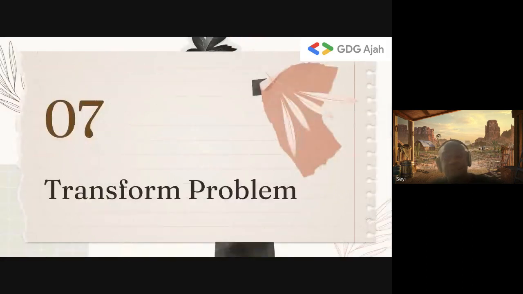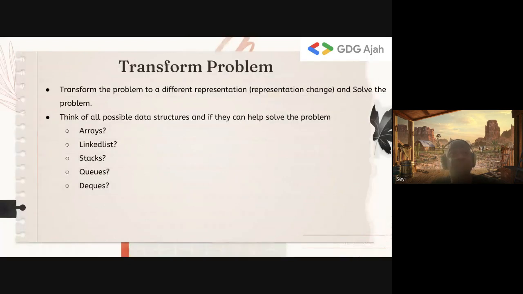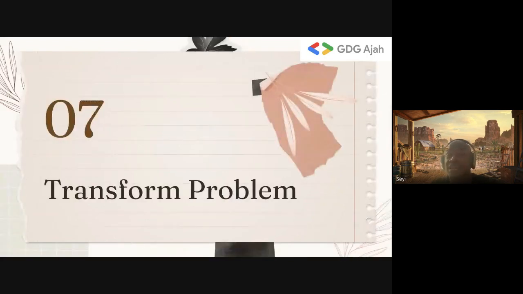Now, the other problem-solving strategy I want to discuss is transforming the problem. Sometimes we can't divide and conquer the problem. Most times you can decrease and conquer, but it might not be very obvious. But you can also think about how you can change the problem to something else that you can understand.